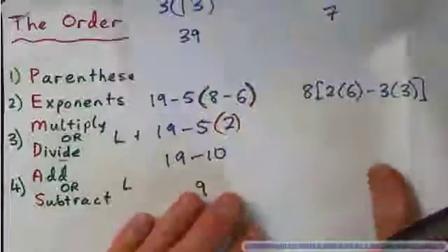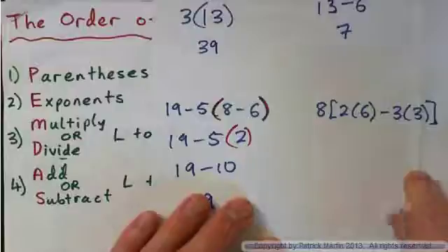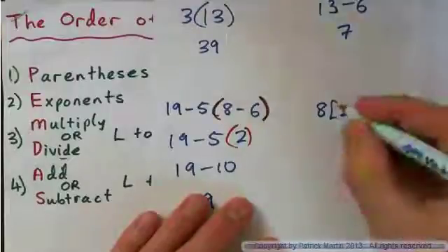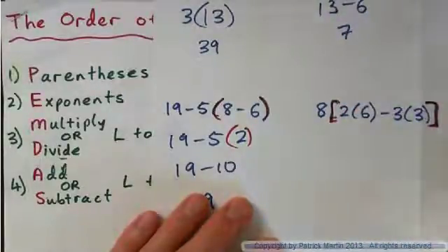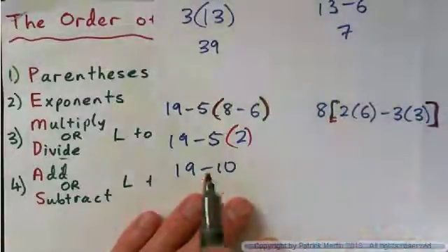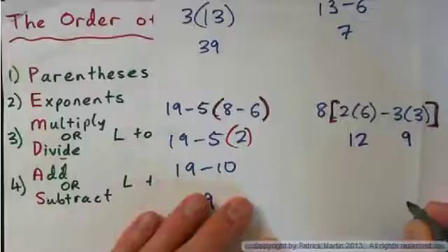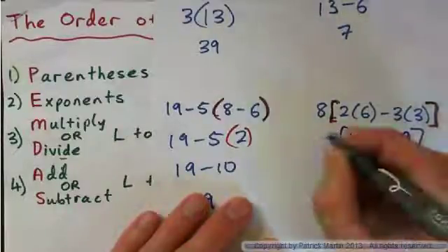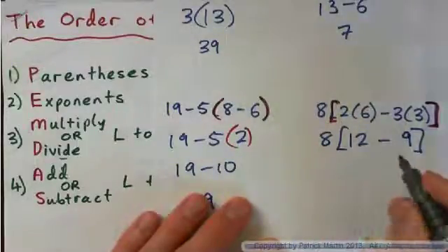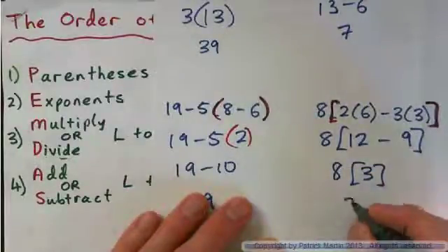Okay, on this one, I need to go from left to right and do all the parentheses. I can see I've got this square bracket parenthesis, so I do everything inside here first. Inside here I have multiply, multiply, and subtract. So I need to go from left to right and do the multiplies. 2 times 6 is 12. And do this guy, 9. And then I need to subtract. Okay, so I have a parentheses. I need to calculate what's inside there first before I do anything else. 12 minus 9 is 3. So now I have 8 times 3, 24. Okay,